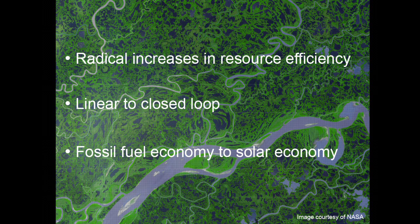And in the way that I use biomimicry, I often talk about three big challenges that I think we need to bring about. Firstly, achieving radical increases in resource efficiency, so achieving far more with far less. Shifting from linear, wasteful, and polluting ways of using resources to completely closed-loop models. And finally, shifting from a fossil fuel economy to a solar economy. And if we choose to embark on those three interlinked journeys, then I think there's no better source of solutions